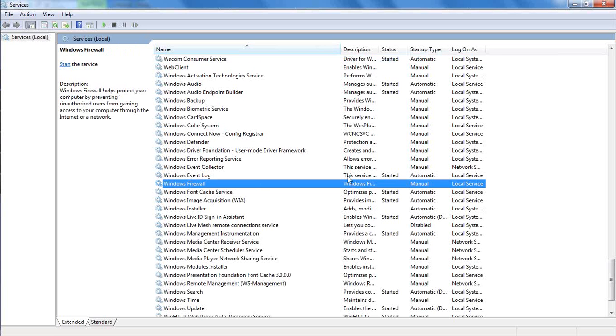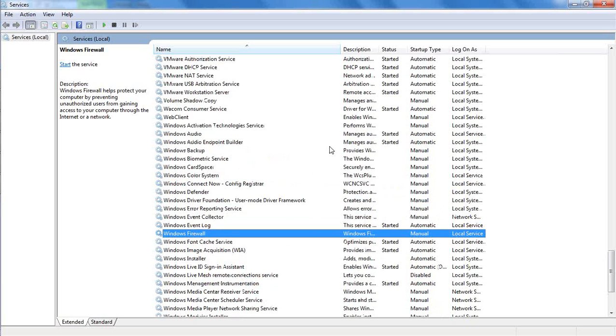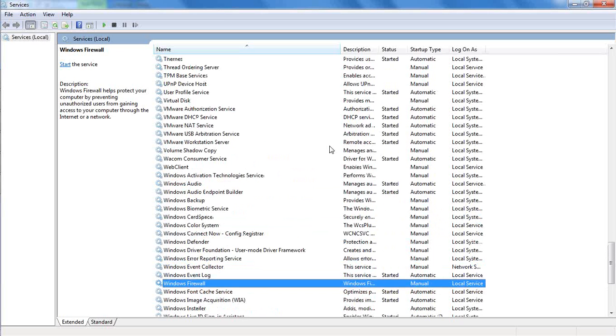So there's a Windows firewall, and I stopped it, and I made the process manual. So this is something that you do. If I make it manual, it won't start automatically along with your Windows startup. So that's also one more step that you can do, because otherwise the problem with the Windows firewall is